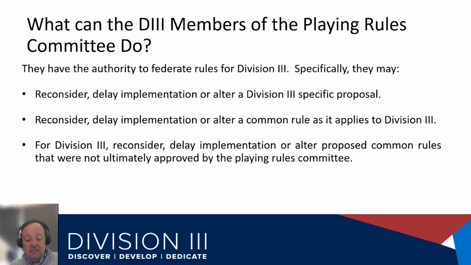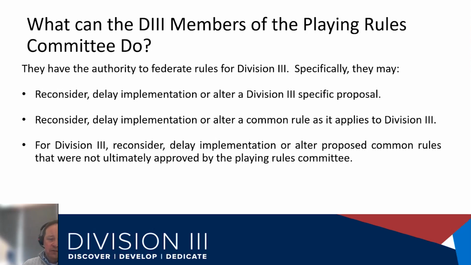Types of decisions that can be made by our Division III representatives on the Playing Rules Committee are that they can delay, reconsider, or implement a rule that's specific to Division III. They can also do that relative to a common rule that may apply to Division III. They may say, hey, there is this common rule we don't think should be appropriate for Division III. So they have the ability to reconsider, not adopt, or delay implementation of a common rule as it applies to